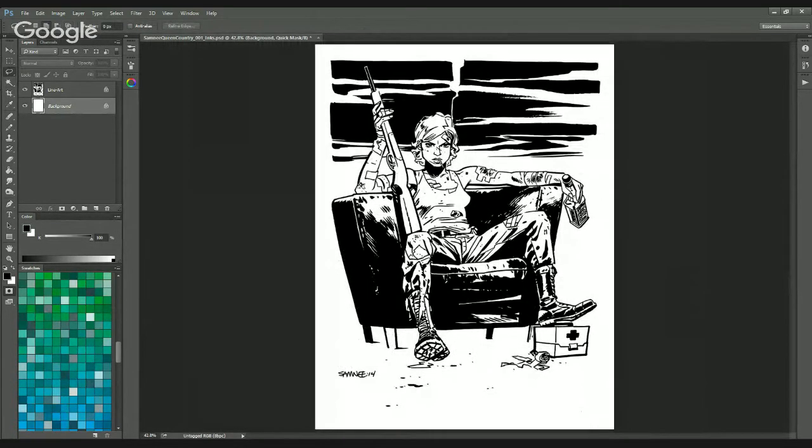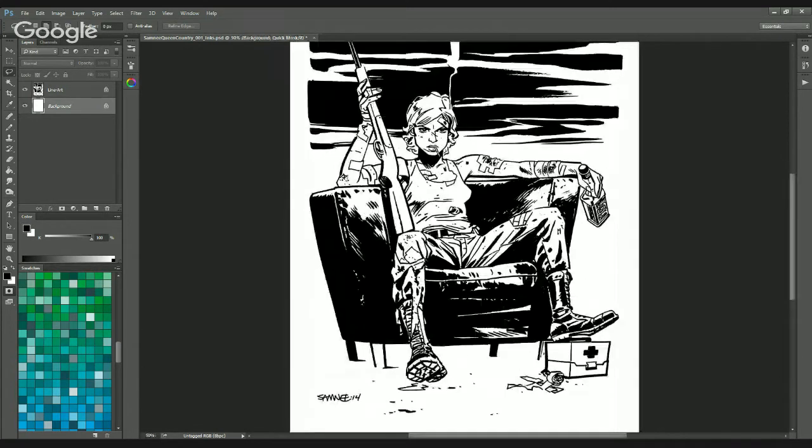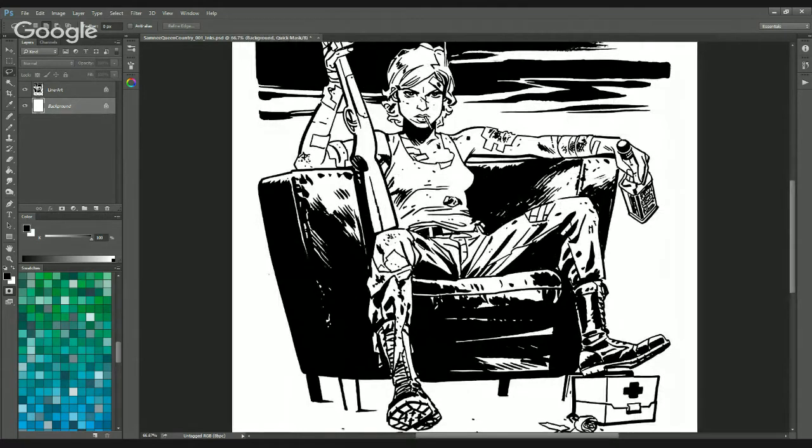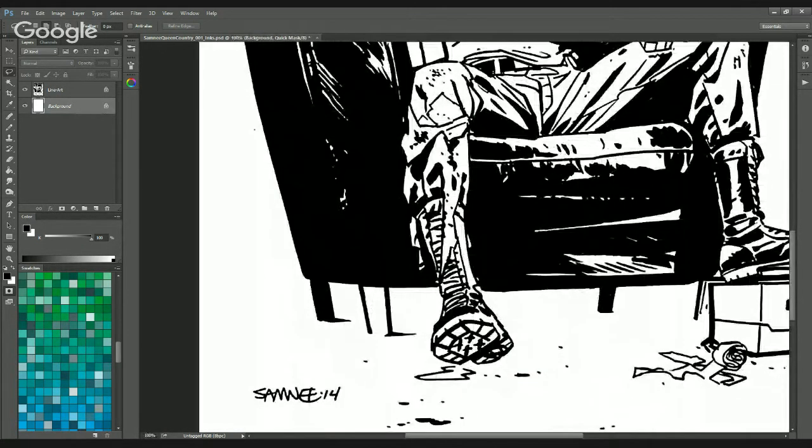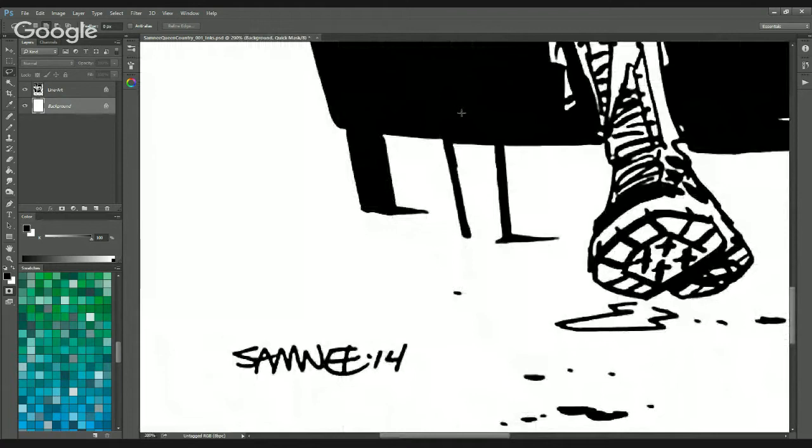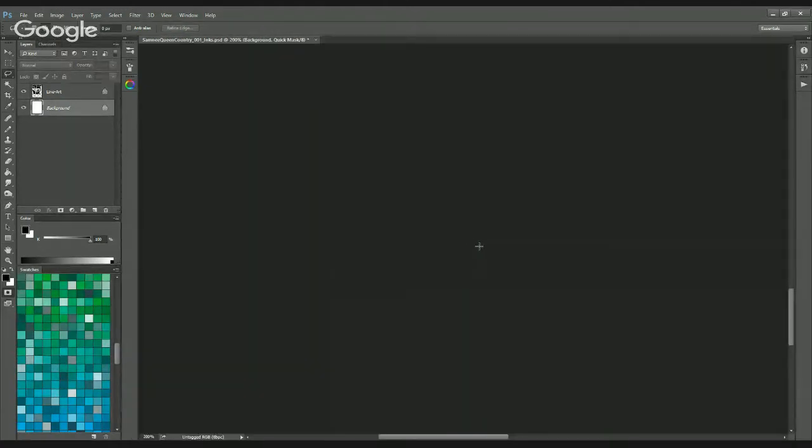big shapes and break down details as you need them, because you want the flats to be clean and to kind of make sense. It makes things a lot cleaner and colorists' lives easier. A lot of people I know started off as colorists by flatting for other professionals before they could get work